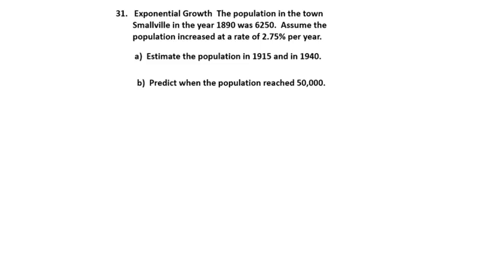Next on the problem, which is 31, another exponential growth. The population of the town Smallville in the year 1890 was 6,250. Assume the population increased at a rate of 2.75% per year. So let's go ahead and look at that. As far as an equation goes, it's going to look something like this. Our population, which we're going to call P sub t like we did in the other one, is going to be equal to our starting amount, which is 6,250,